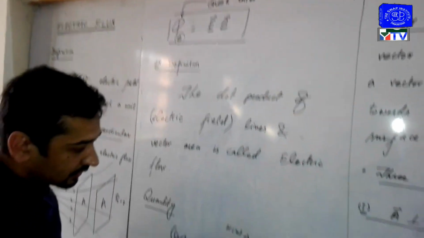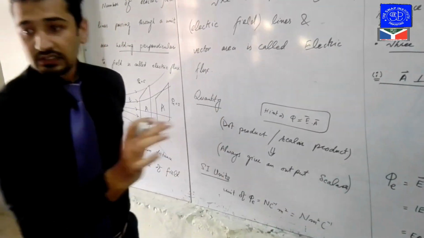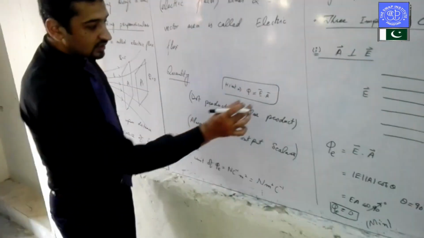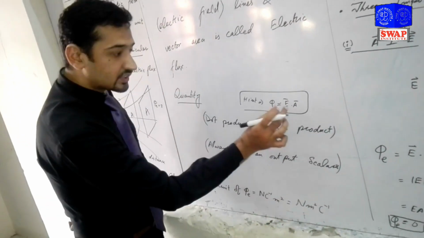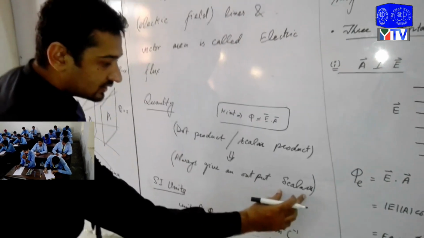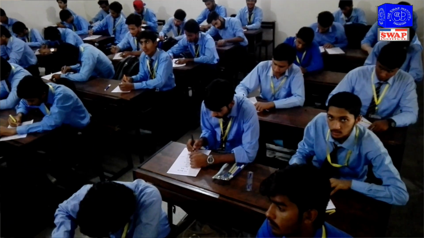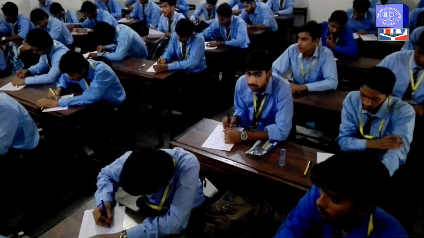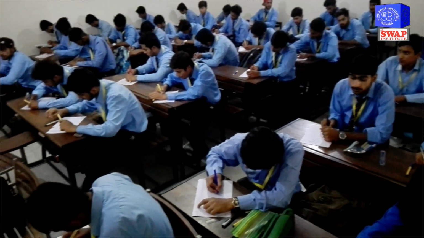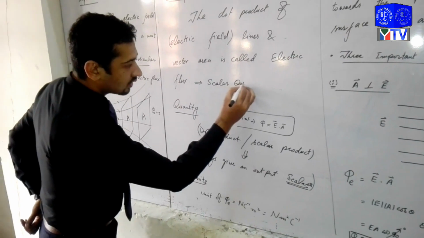Okay. So first of all, what is the formula, and we can see that here is the dot. This is the hint basically. Dot product, or scalar product, always gives us a scalar quantity. So this one is a scalar quantity. The electric flux is a scalar quantity. Output always will be scalar. It means the electric flux is a scalar quantity.